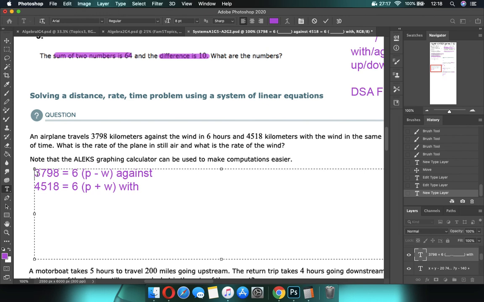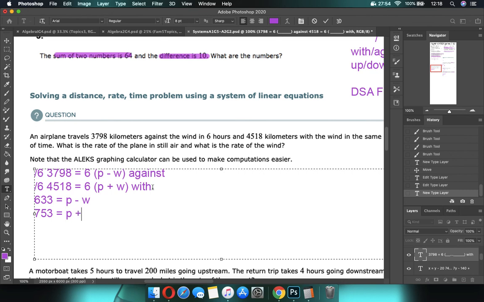So what's going to happen is I'm going to divide by, what number am I getting rid of? 6 over here, and then I'm going to divide by, what am I getting rid of? 6 over here. When I divide both sides by that 6, watch what happens. It's actually kind of cool. So 3798 divided by 6, that's going to be 633, P minus W, and then 45, that's going to be 753